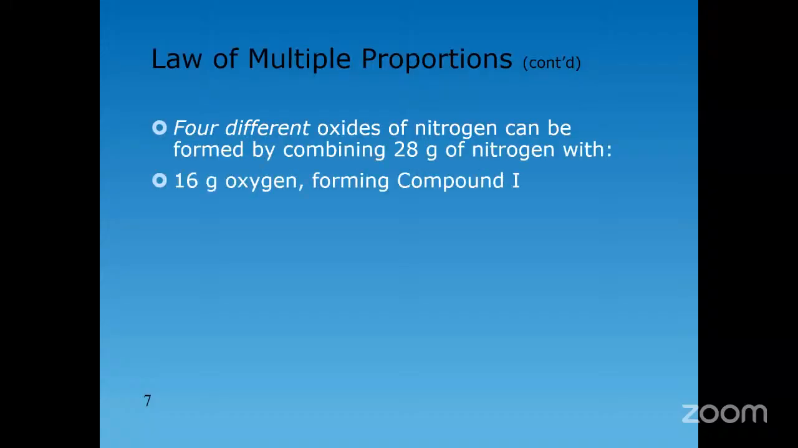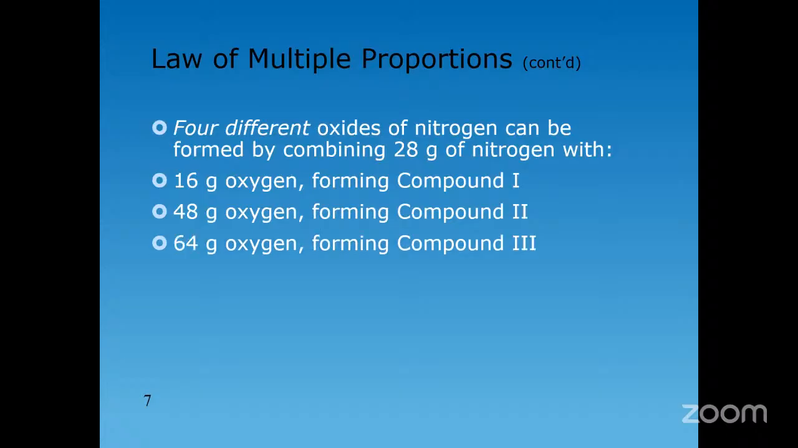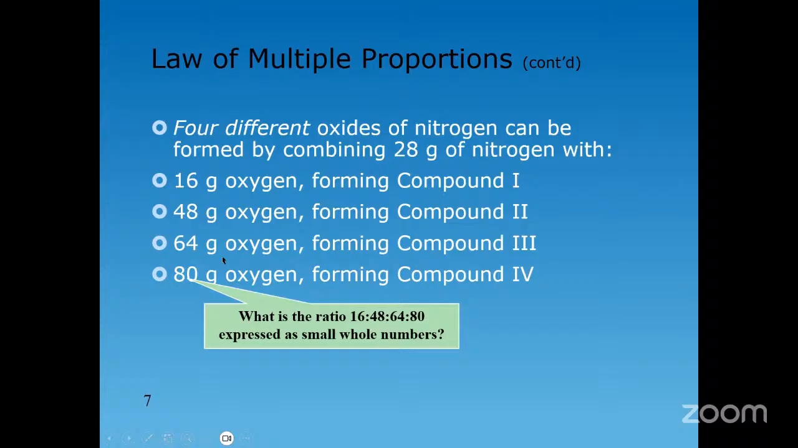Here's another example. It turns out that 28 grams of nitrogen can react with these amounts of oxygen: 16 grams to form one compound, 48 grams to form another compound, 64 grams to form a third compound, and 80 grams to form the fourth compound. So if you look at these masses, for the same mass of nitrogen, you can end up with a ratio of, if you divide right through by